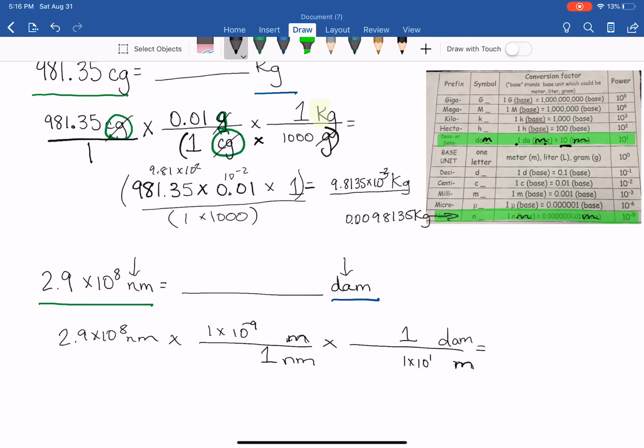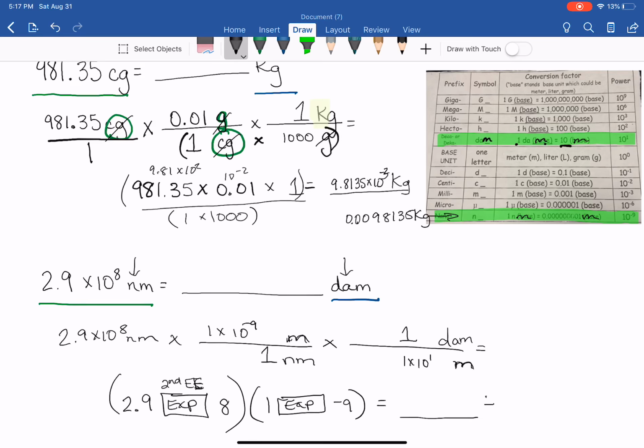All right, so when I do my math and you type it in the calculator, it's going to look like this. You're going to go 2.9, use your exponent feature. This could be a second EE on your calculator. If you're in class and you're using my calculators, it's an exponent button. 8, and then you're going to multiply that times 1 exponent negative 9, and then of course times 1, and then hit equals, get an answer, and divide it by 1 to the exponent